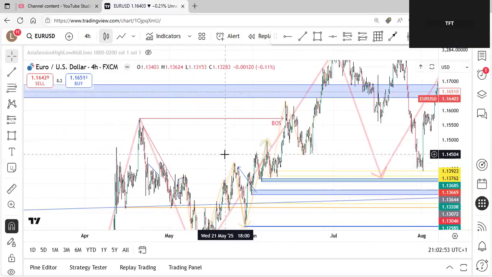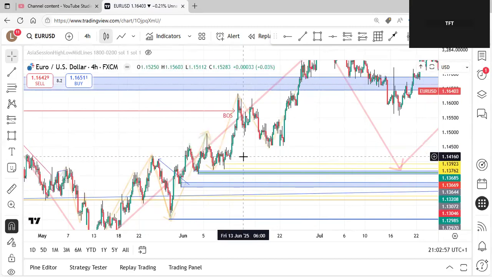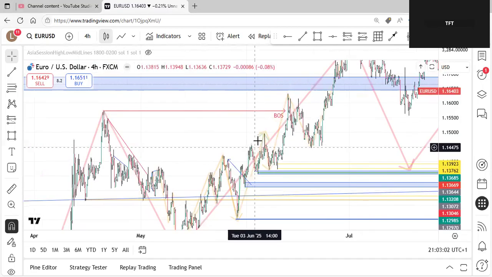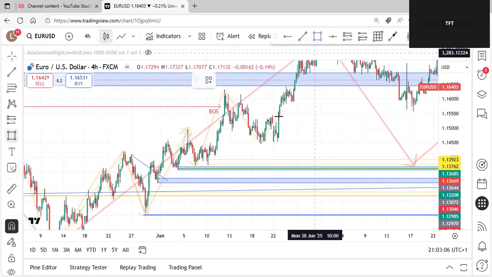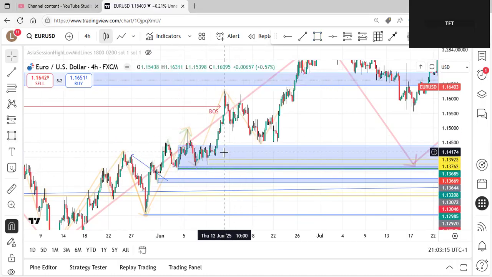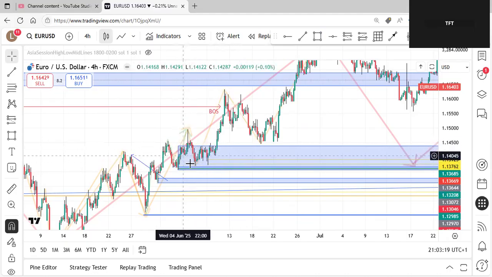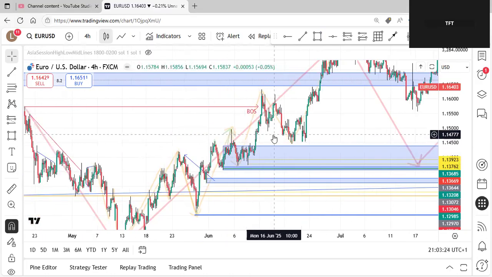But yeah, it's a good reason. It's a good topic to talk about, I suppose, which I mentioned earlier: good reasons for points of interest. So I didn't mark the full zone, but I'm assuming I would have marked it, maybe something like that. Maybe there, something there. So the reason why this is obviously such a good point of interest, like I say, so it's a good topic to speak about, is the fact that